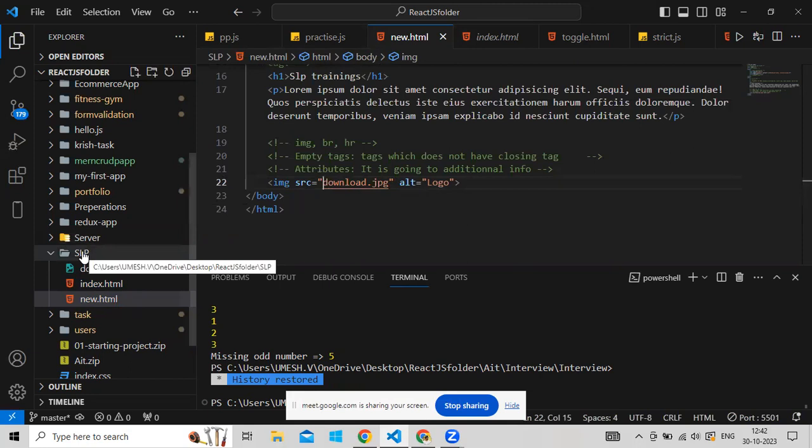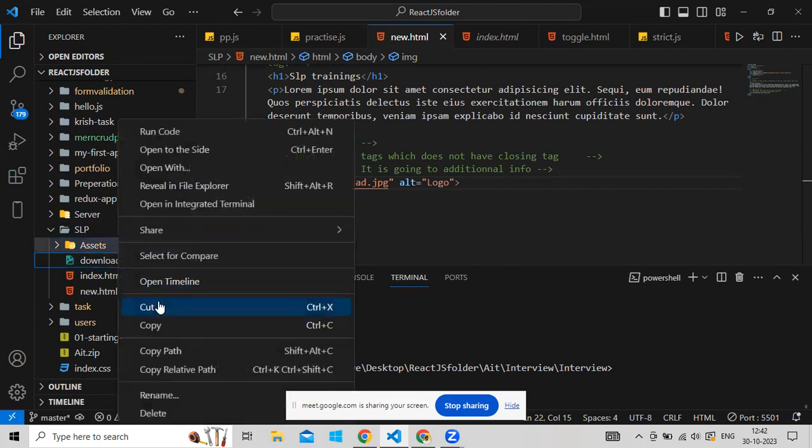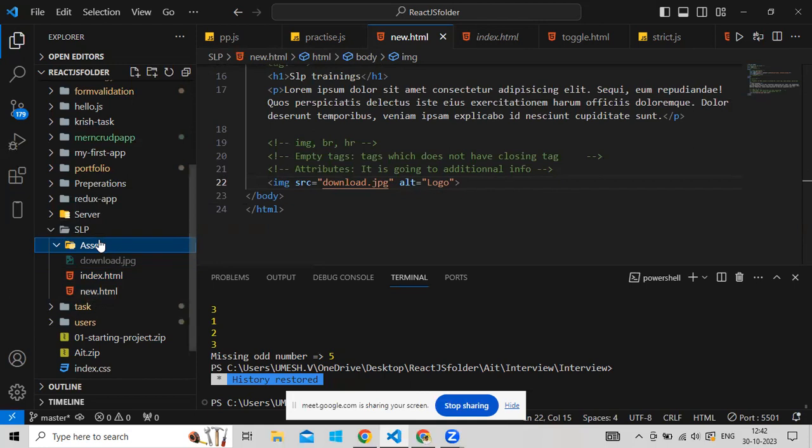But now what I will do, I'll right click here, create a new folder, and I'll just give assets. You may wonder what this assets is. In the standard way, if you go to a company also, they use this word called assets. So what is this assets? Whatever the images, like logo, picture, cards, anything, we put all these things inside this assets. Assets in the sense, images gallery or images folder. Yeah, so now I'll cut this one and then I'll paste it